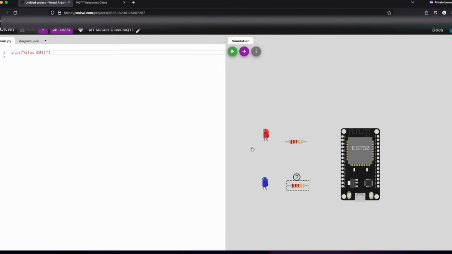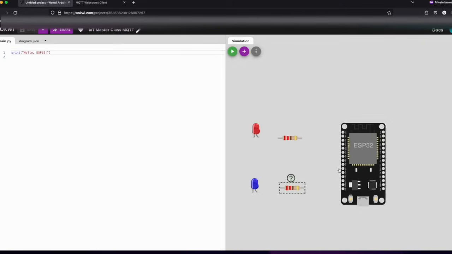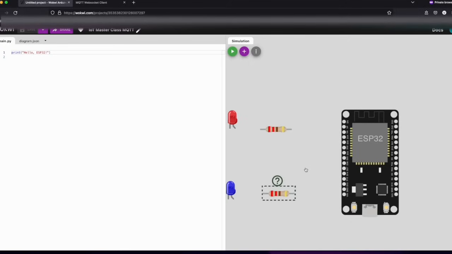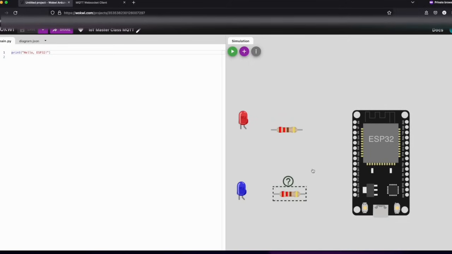Okay, let's go ahead and do the connections first. So we're gonna connect the red LED to pin, let's see. Let's connect the red LED to pin 12, and the blue LED will connect to pin 13. So I think they're both together here. So let's take this and we'll connect this to pin 12,